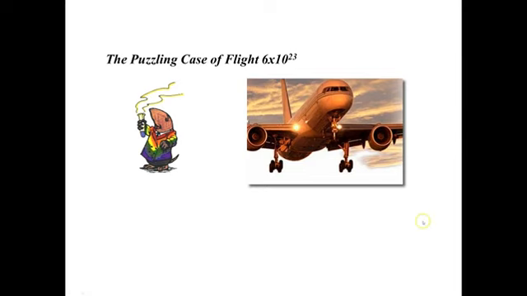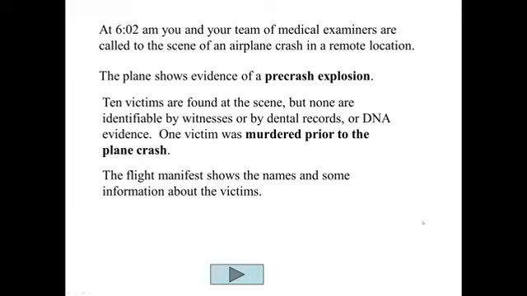All right, so let's look and see what we got here. All right, so 6:02 a.m., you and your team of medical examiners, which is going to be everybody in our class, are called to the scene of an airplane crash in a remote location. The plane shows evidence of a pre-crash explosion. 10 victims are found at the scene, but none are identifiable by witnesses or by dental records or by DNA evidence. So maybe this flight crashed before DNA evidence was a thing. So maybe this is like in the 90s or 80s or 70s, before DNA became to where we could use DNA to identify